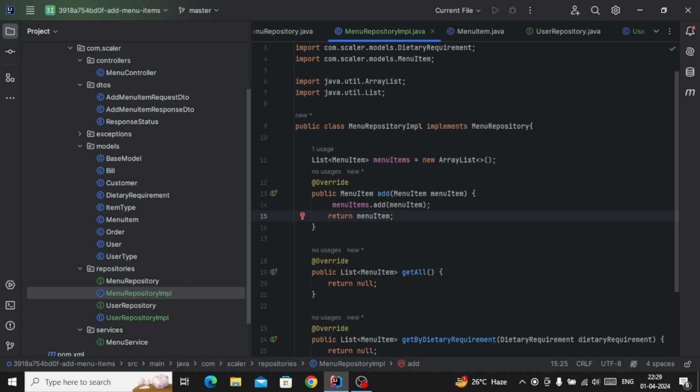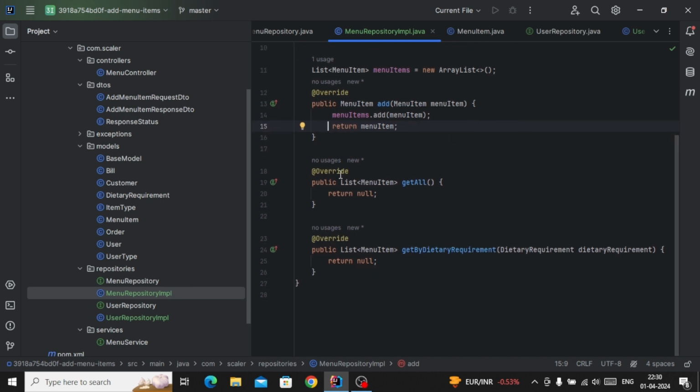So whenever we are getting the menu item, we will just add to this list, and return the same menu item. If we want, we can write validations here. If there is no item inside of the menu item, we can throw the exception here. But as you can see, we do not have any exception in the signature, so we are not using it. We are keeping it simple. So do not worry about the validation things. We are assuming here we will always get the menu item, and we are adding it without checking it.